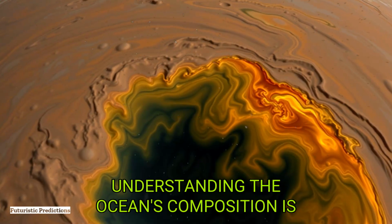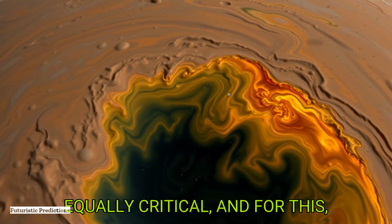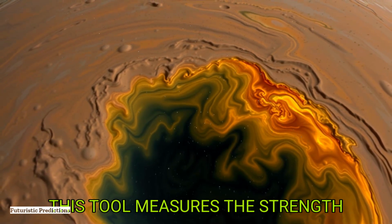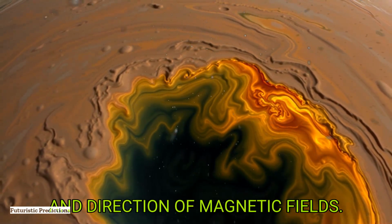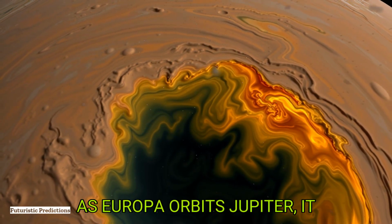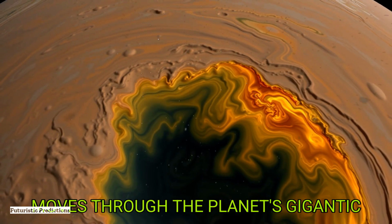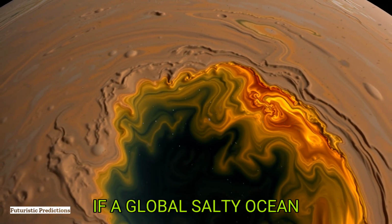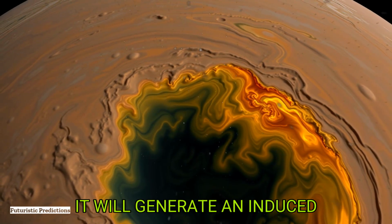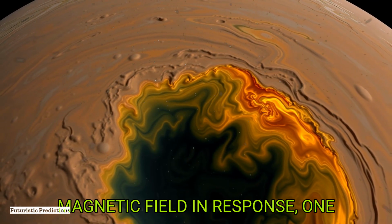Understanding the ocean's composition is equally critical, and for this, Clipper has a magnetometer. This tool measures the strength and direction of magnetic fields. Here's the brilliant part. As Europa orbits Jupiter, it moves through the planet's gigantic magnetic field. If a global, salty ocean is sloshing beneath the ice, it will generate an induced magnetic field in response, one